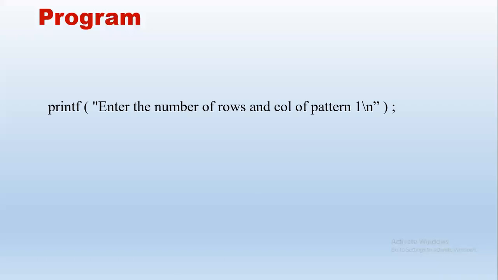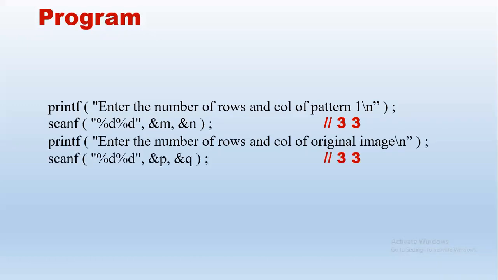So here, if we take an example, now we are taking input first so that we can check the prerequisite. Here M and N, say we give 3, 3, anything can be given, right? 3, 2, 3, 4, whatever. Now the same values have to be given here. In case M, N, we give 3, 4, here also we have to give 3, 4. Okay. So we take input for M, N, P, Q.